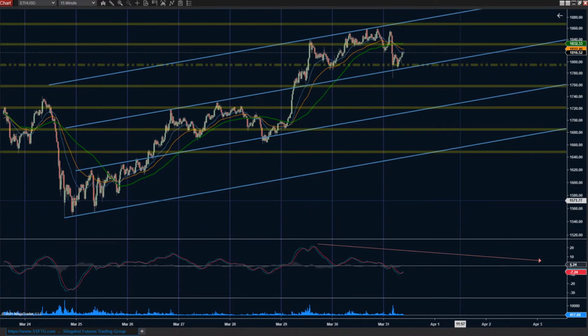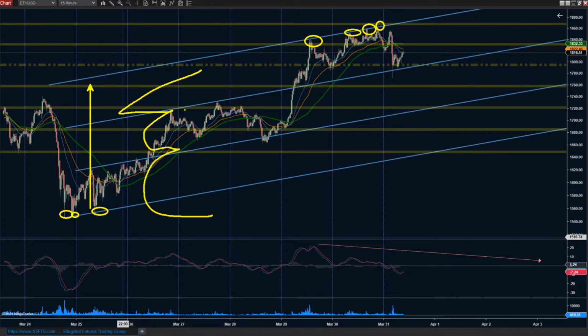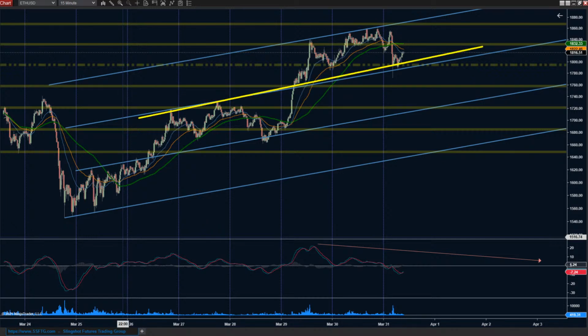Looking at Ethereum, we've got more continuation to the upside. I think we finally found the channel. Finally nailed down the channel. It came off of these first three little swings down here, and none of it was really making sense until we finally started putting in some highs up here, because then we can transpose that level to the top side, and that gives us perfect resistance across the high, and then we can subdivide this channel into quarters all the way down. We've got the top quarter, which gives us a very nice level of resistance, a bottom quarter, which is giving us a beautiful level of support or resistance.